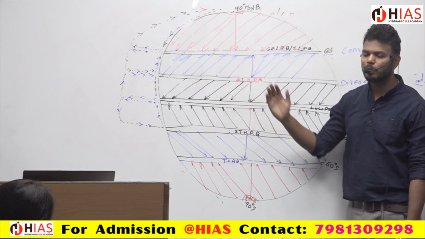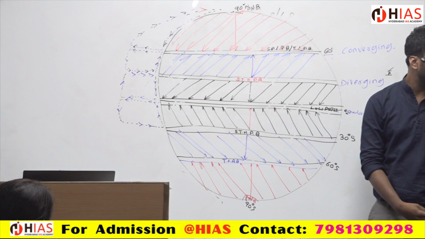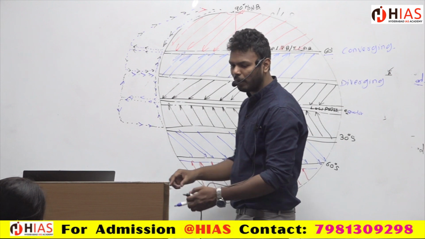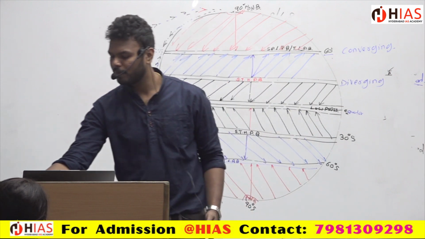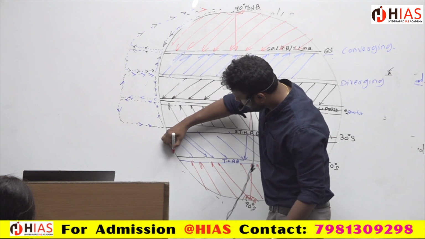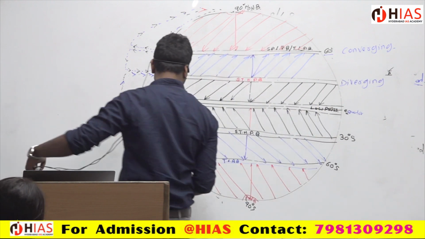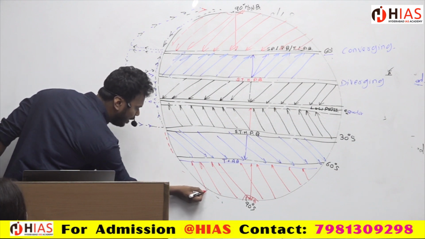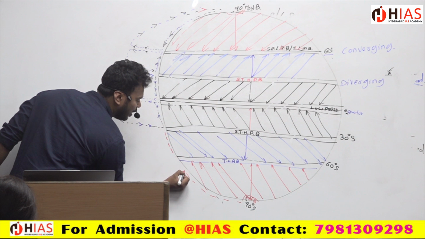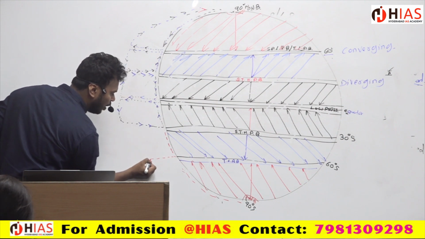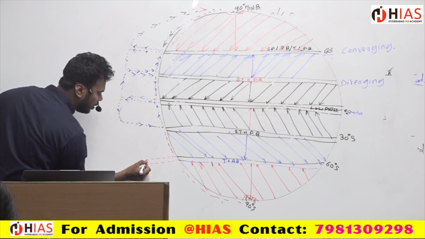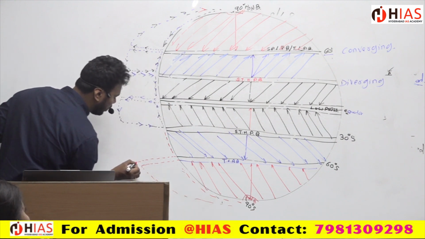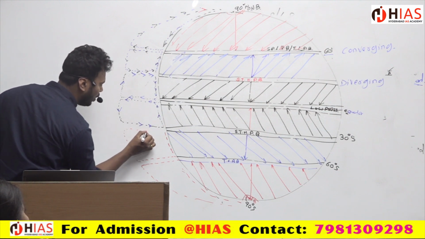Why is it taking turns? It is because of the Coriolis effect. Coriolis. Same over here, low pressure. So what is happening over the low pressure? You can see here, again, all of them are uniting. All the high temperature winds are coming, uniting. They are rising. After reaching the tropopause, they will descend.